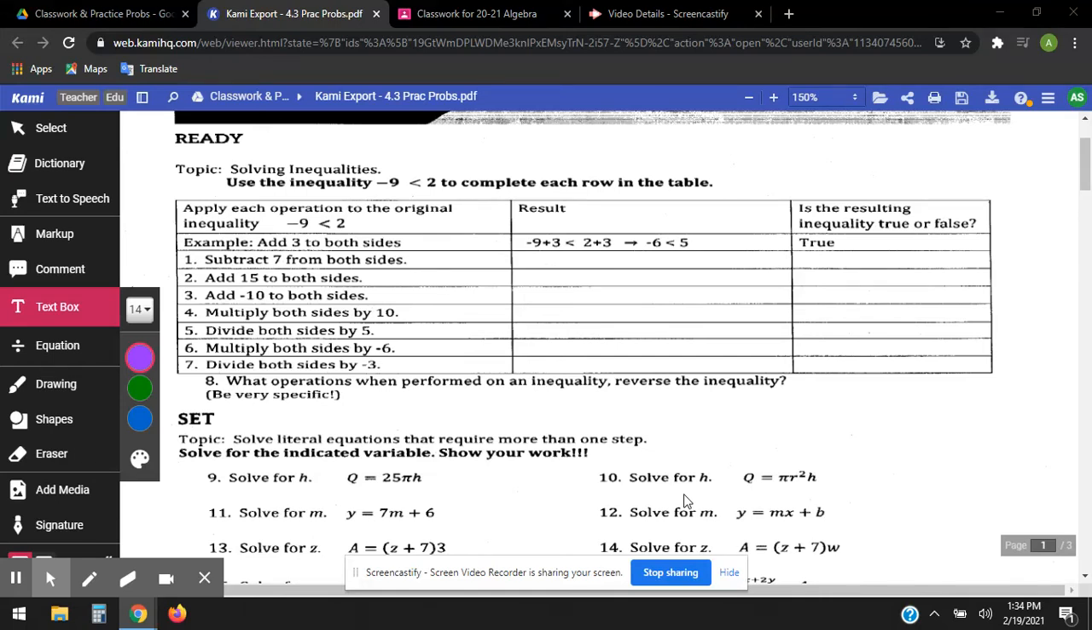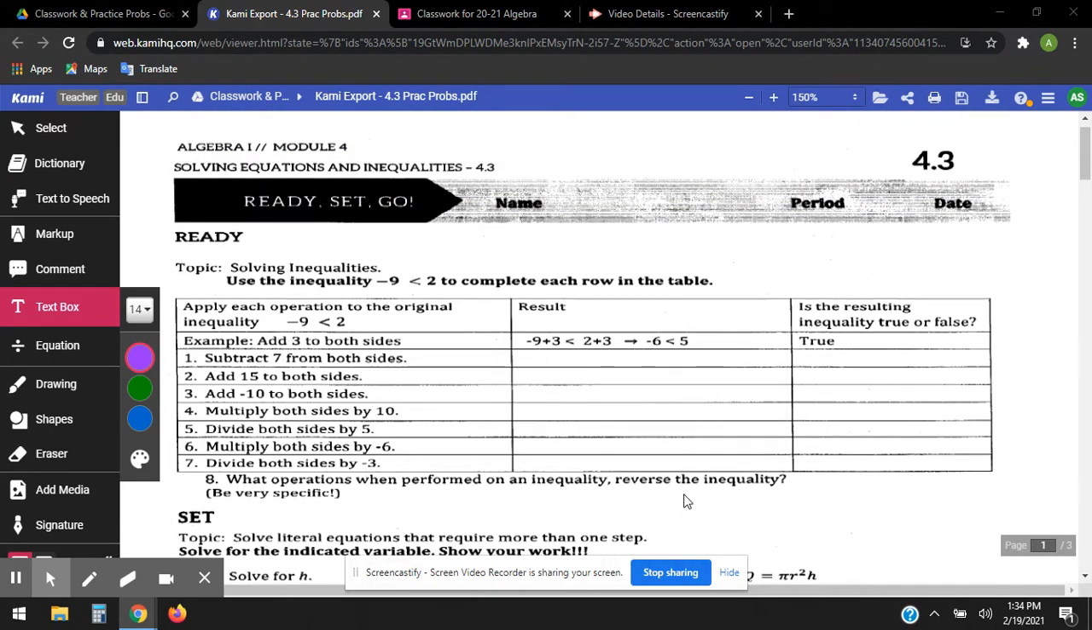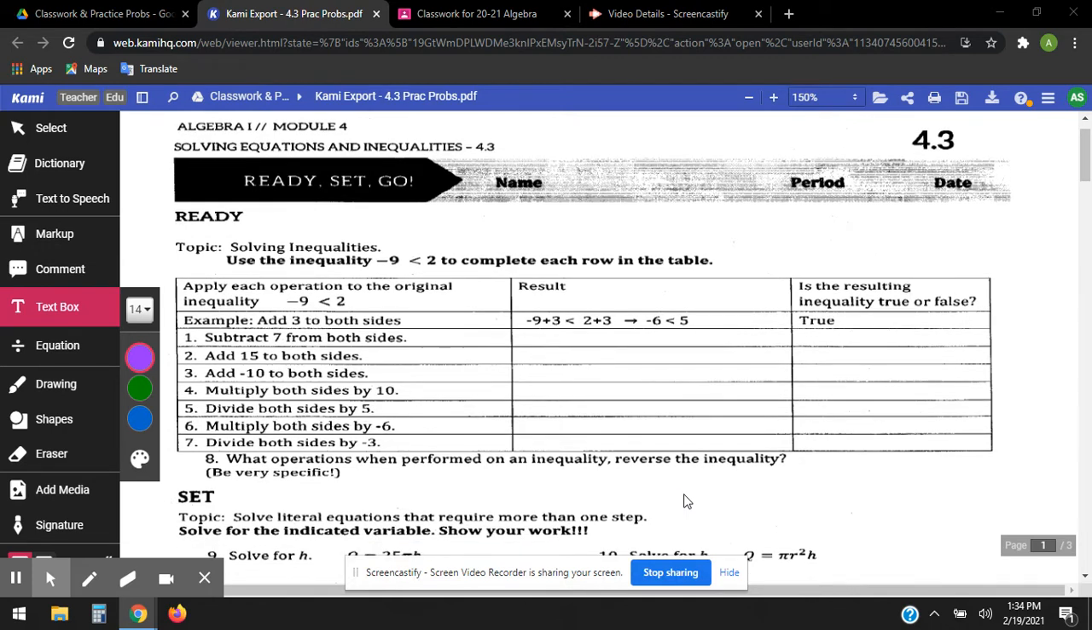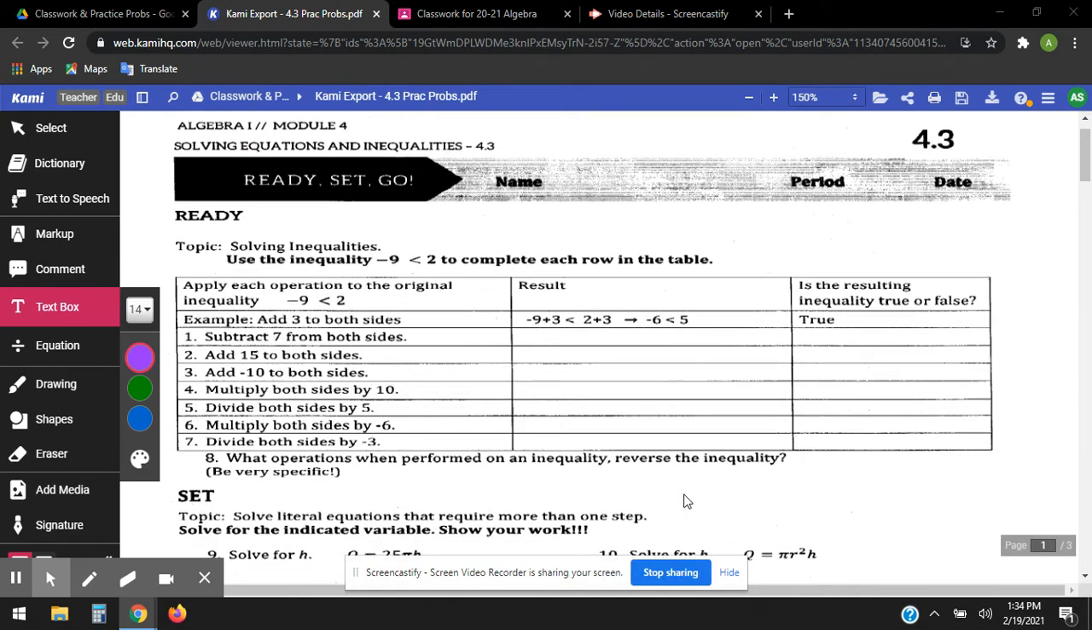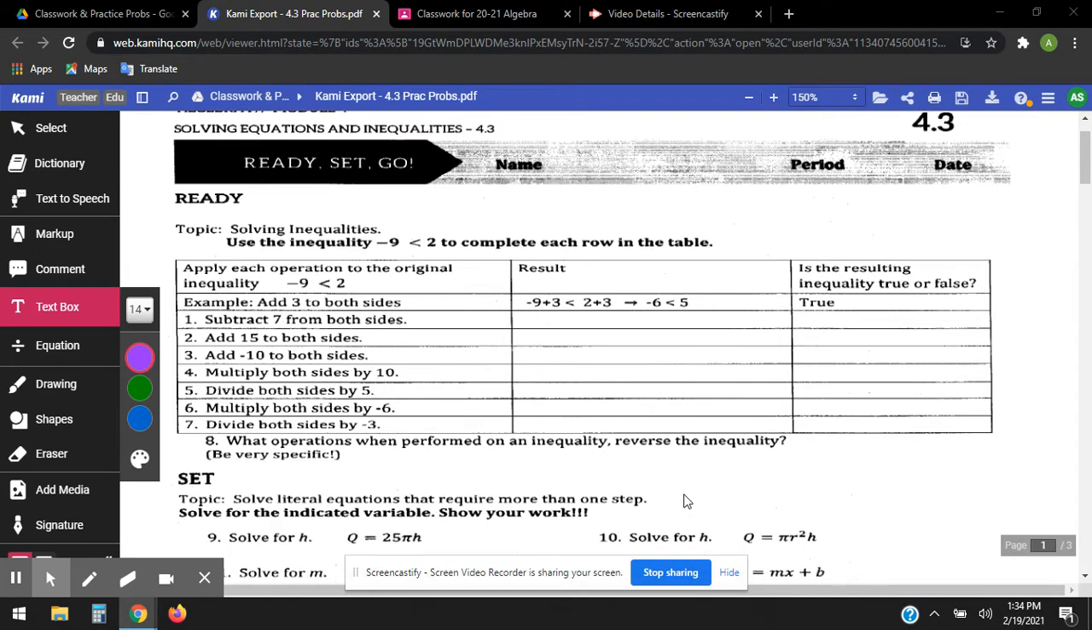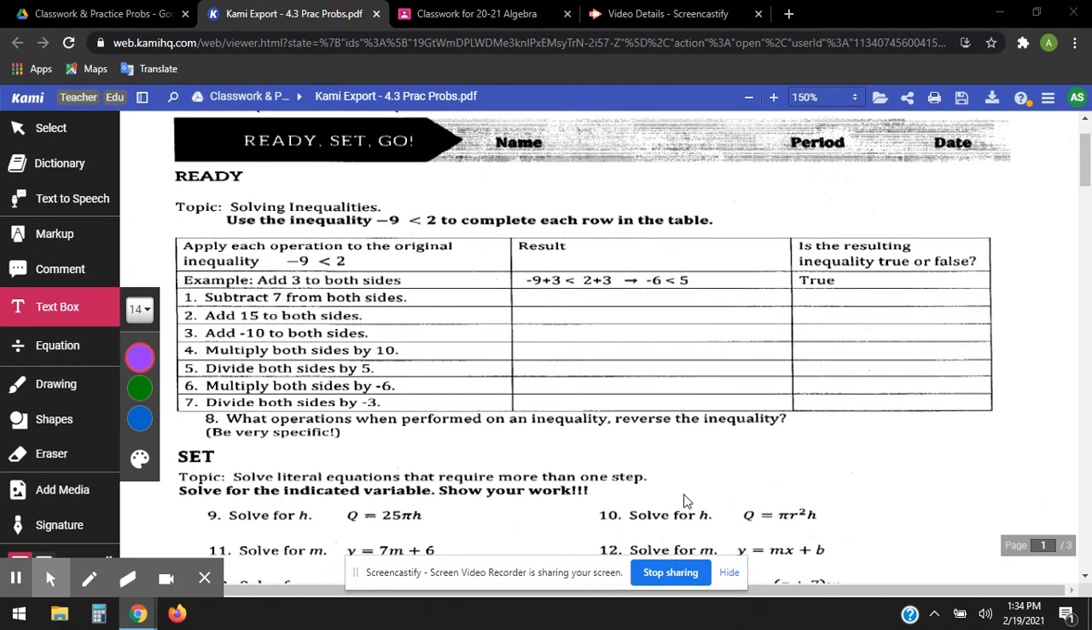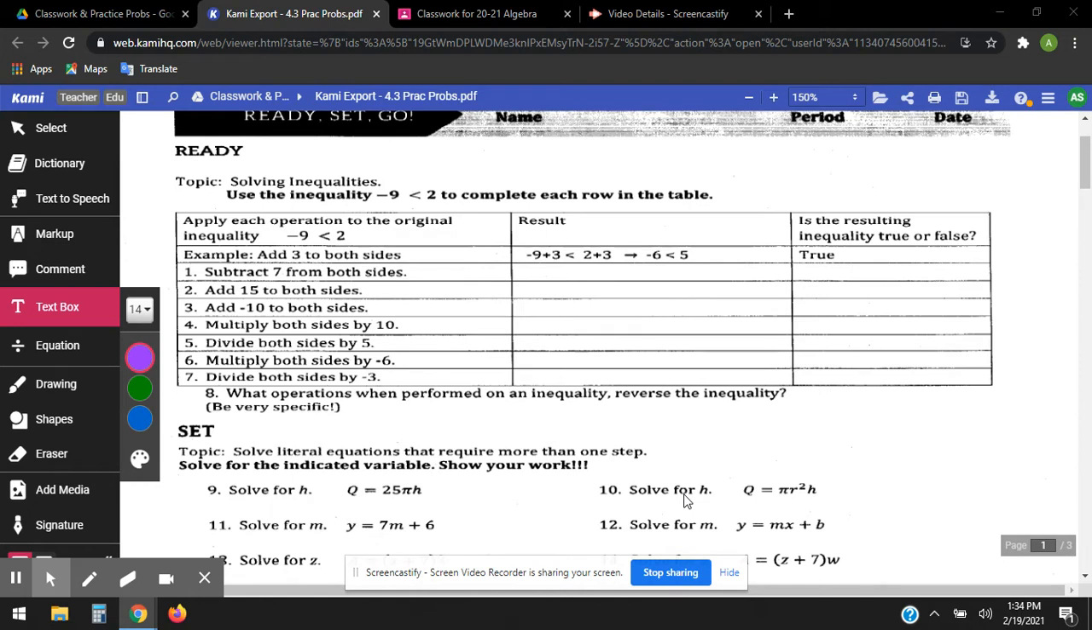Hi, this is Algebra 1, Module 4, Lesson 3's practice problems. I'm going to go through a few of these with you just to make sure you're on the right track in case you needed some help going through them. We'll talk through each of these first ones in our Ready section because this is a newer thing. So they give us an inequality,